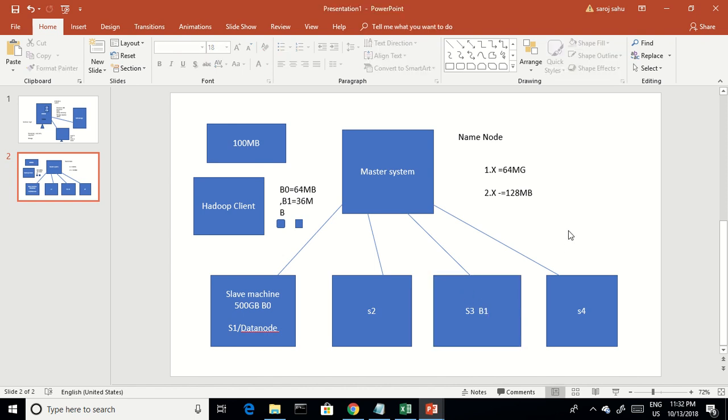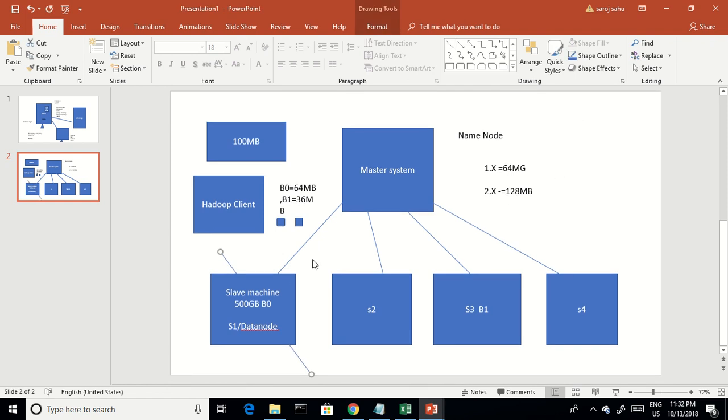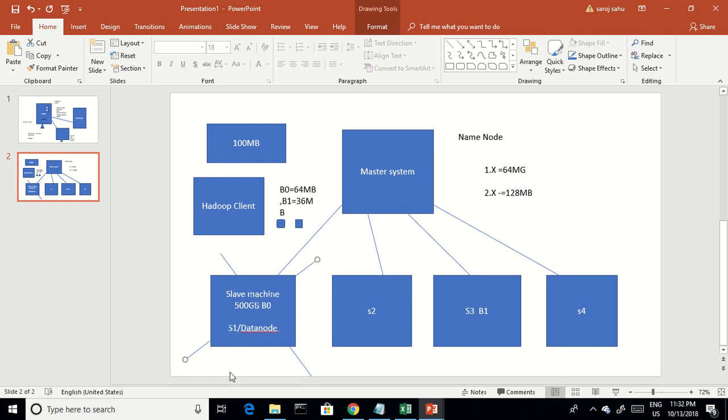Now a lot of questions come here. If this node goes down, or something happens and it may not come up, for example, you can say it is down, can I get my data? No, I can't, because I have only one block out of my single file, so I cannot get the data. So how can I mitigate this issue?